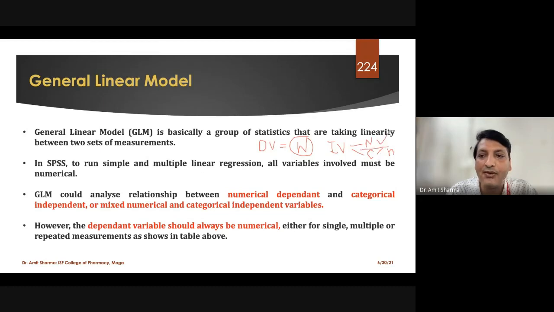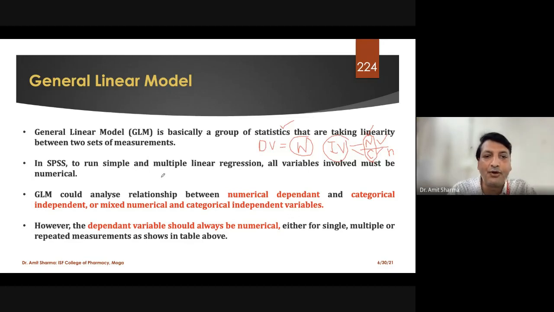For example, I want to run a linear regression, so in that we will have a dependent variable which will be given in terms of only and only a number, and the independent variable will be either numeric, or a category, or a set of both numeric and category. But whenever we are running a linear regression and adding more than two independent variables, one variable will act as an independent variable and the second one will act as a factor. So now what is the meaning of factor?